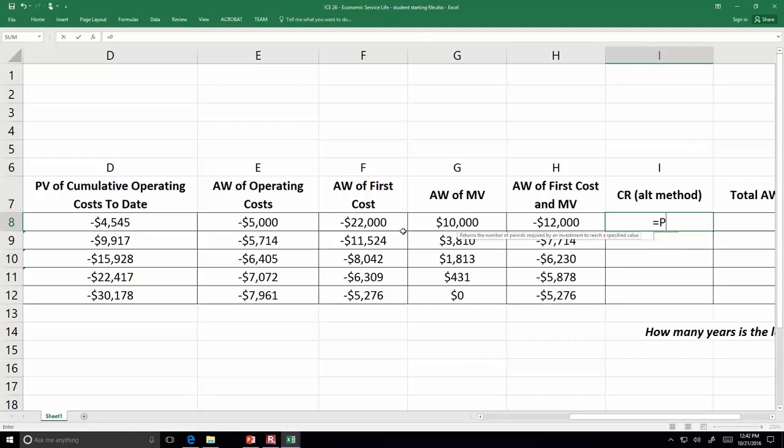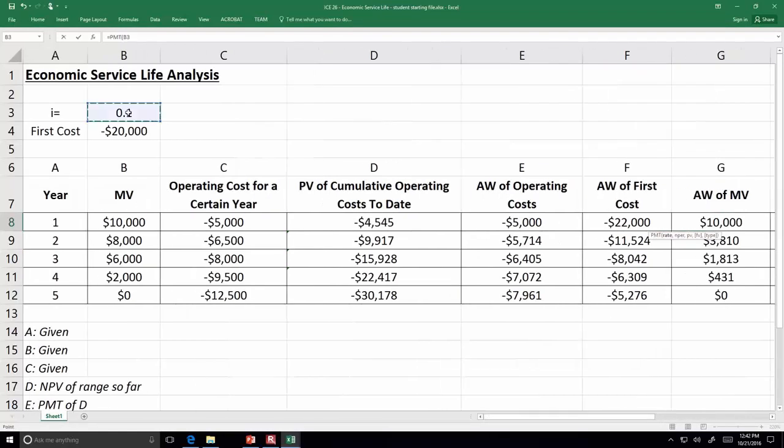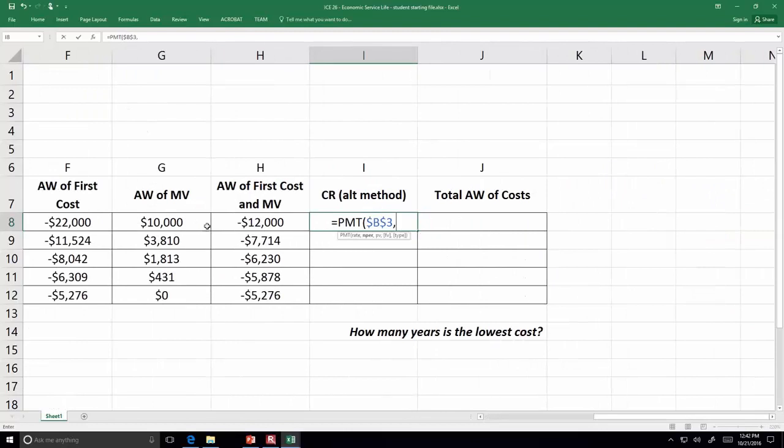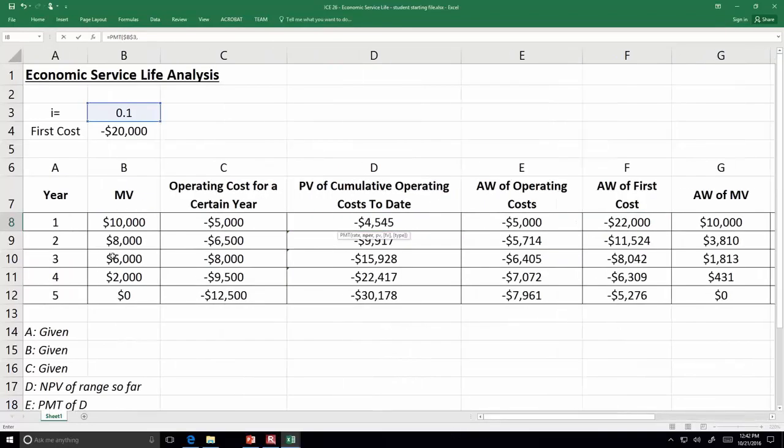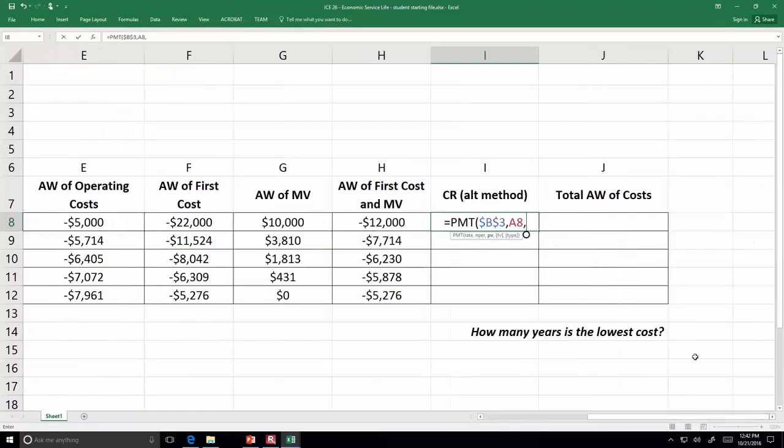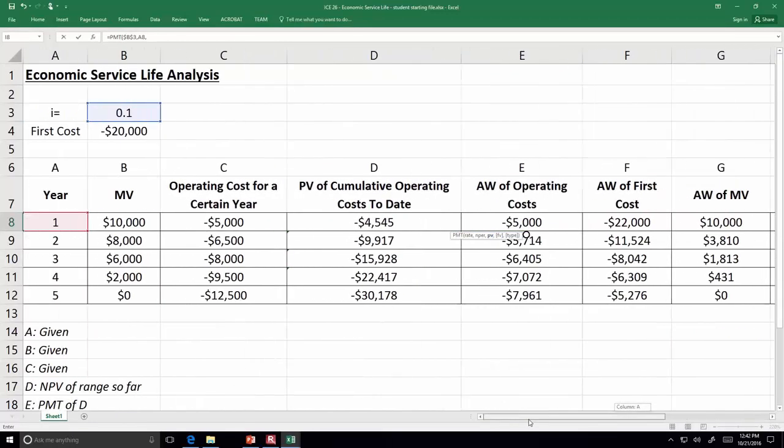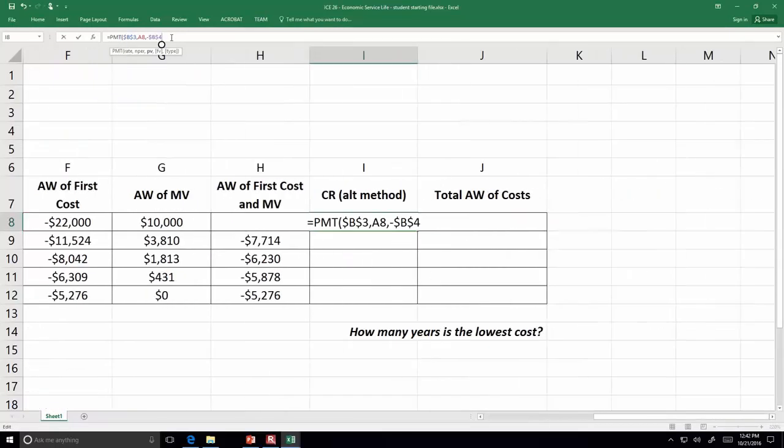If we say PMT, and then we refer to the interest rate and anchor it, and N is the number of years corresponding to what row we're on. Now, in the formula, next it wants to know the present value. The present value is the first cost, so I'm going to put a negative sign there because of the whole situation. Okay, first cost, and I'm going to anchor that because it's always going to be the same first cost,